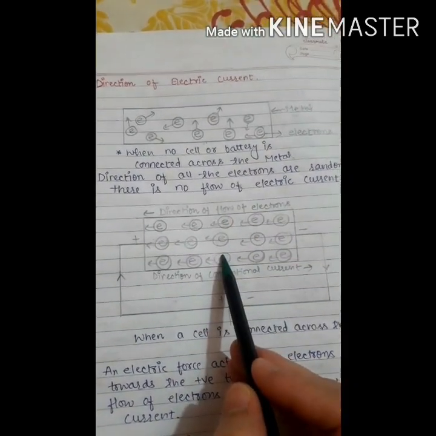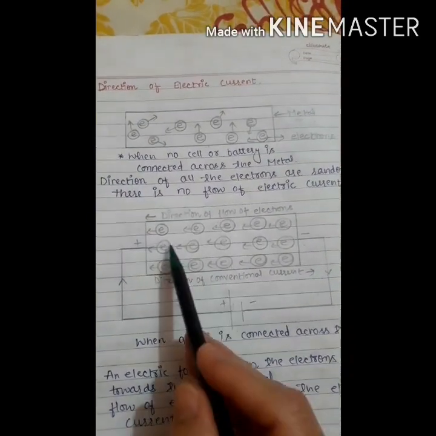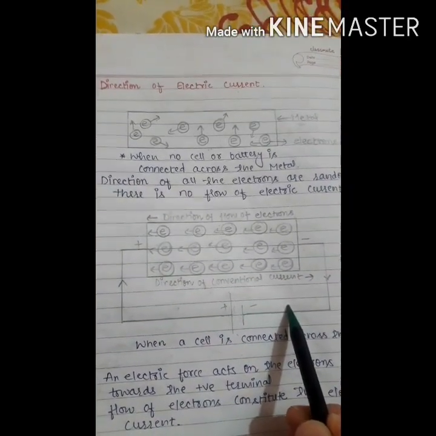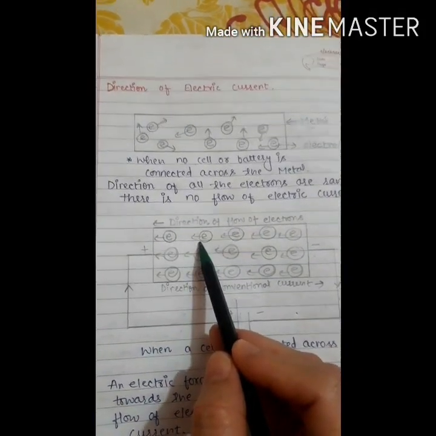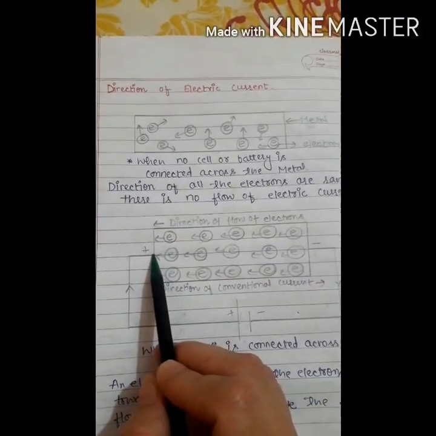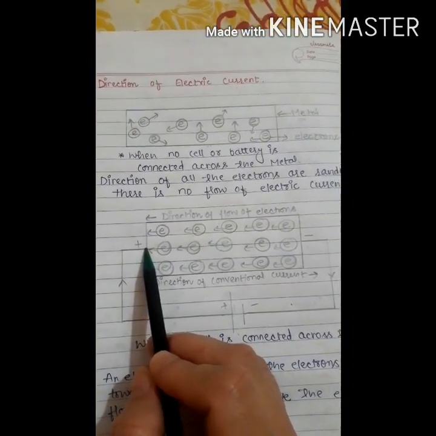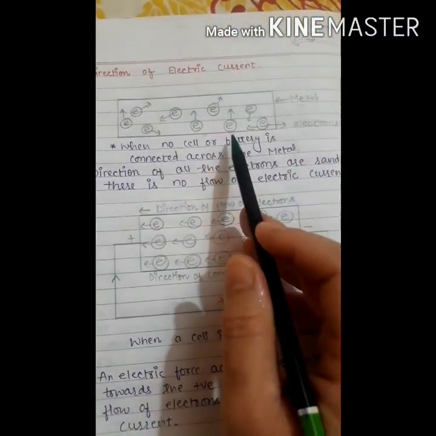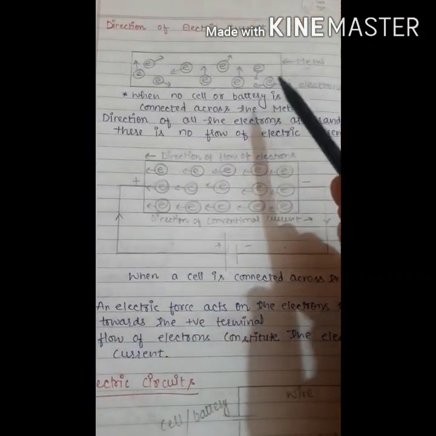Whereas in second case, when a source of electricity like a cell or a battery is connected between the ends of the metal wire, then an electric force acts on the electrons present in the wire. Since the electrons are negatively charged particles, they start moving from negative end to the positive end of the wire. This flow of electrons constitutes an electric current in the wire, whereas in first case there will be no flow of current when the distribution of electrons was random.